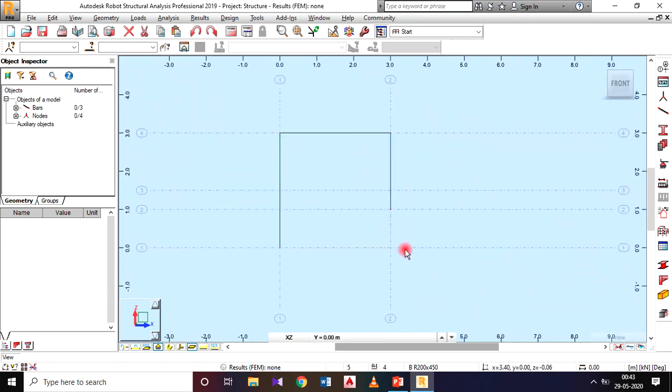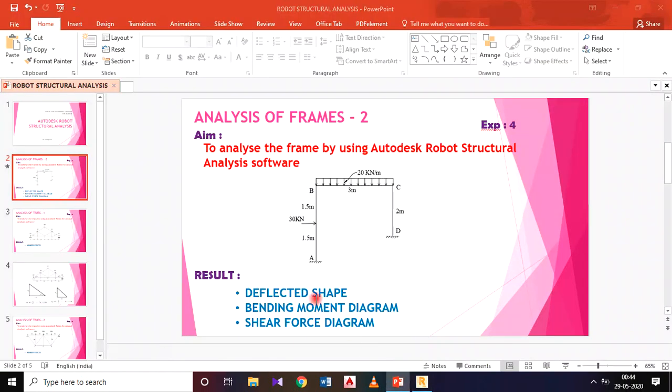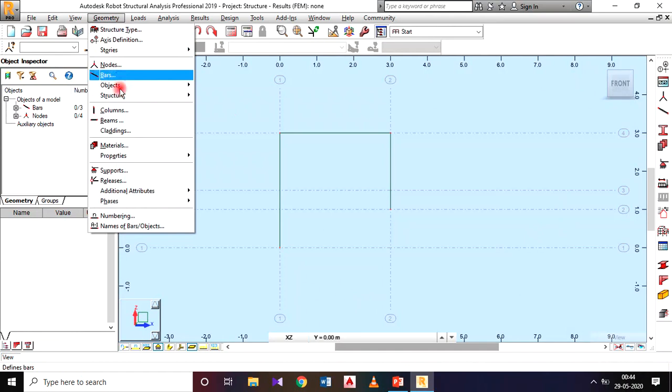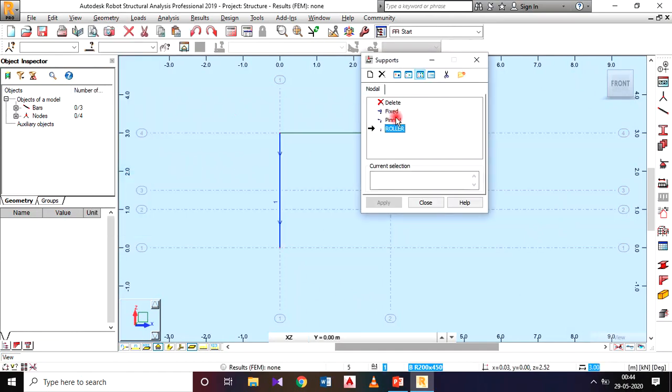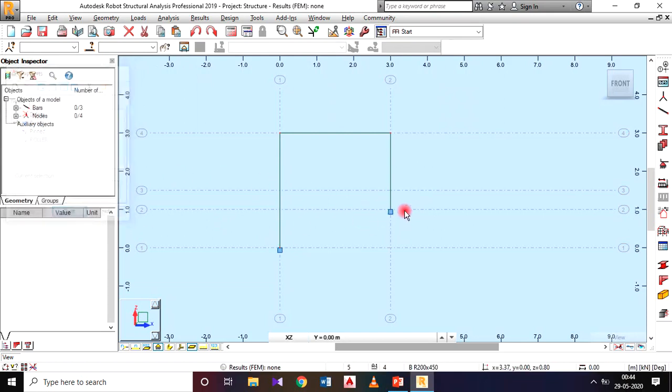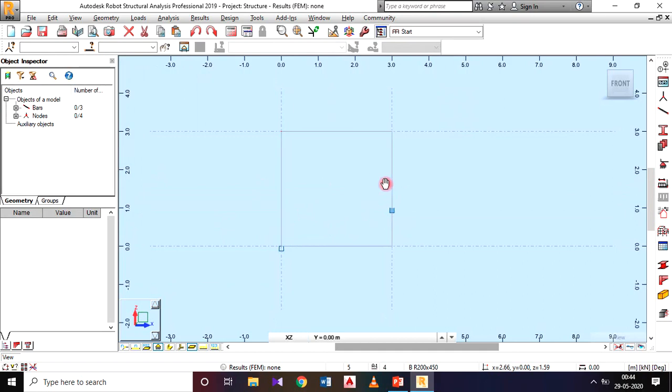So we got the frame A B C D. Then the supports. Both the supports are fixed. So go to geometry, supports. Take that fixed, place it here and also here. Then close it. Yeah, we placed the supports.